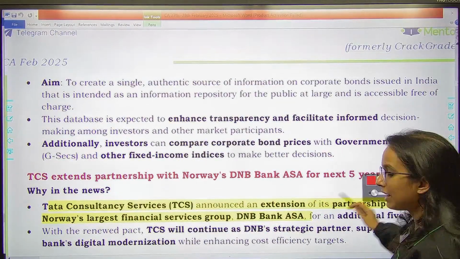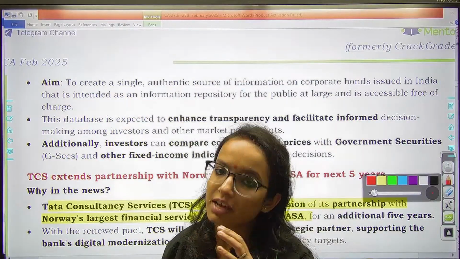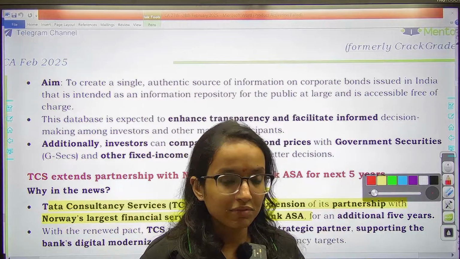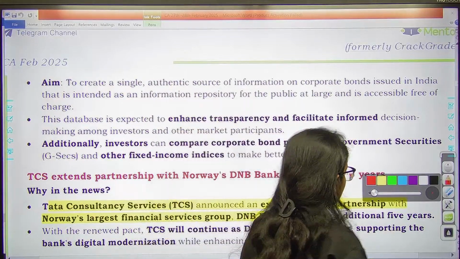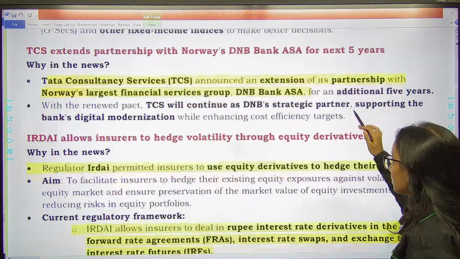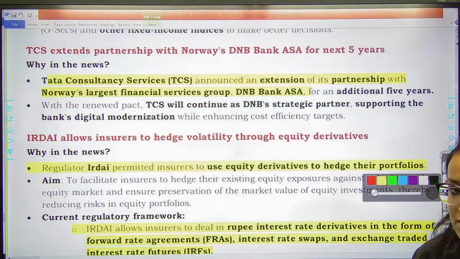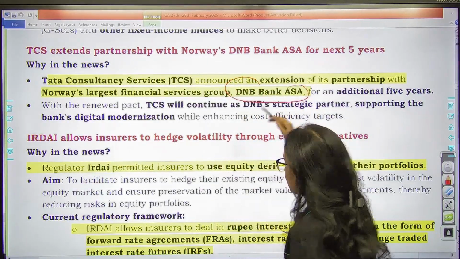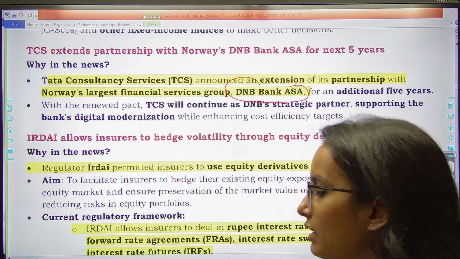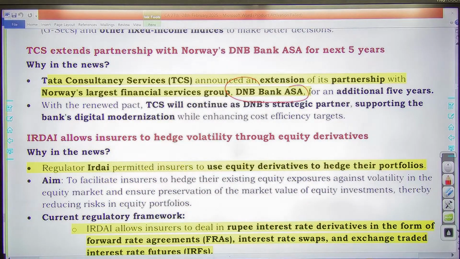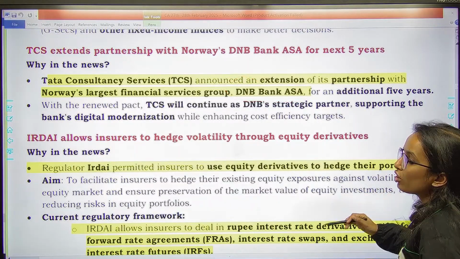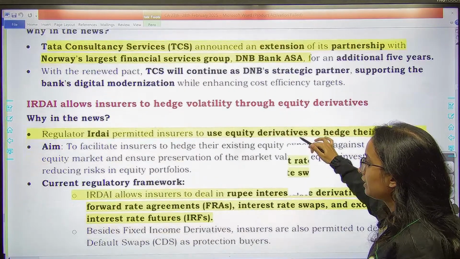एक सिंगल प्लेटफॉर्म होगा जहां पे कॉर्पोरेट बॉन्ड से रिलेटेड सारी इंफॉर्मेशन मिलेगी, so it would be more efficient, more easy to connect with the people and more transparent. Next is TCS. The TCS recently has announced extension of its partnership with Norway's largest financial services group, DNB Bank ASA. For what? DNB Bank ASA के साथ for additional 5 years of partnership in digital modernization of banking facilities, right? Then next is